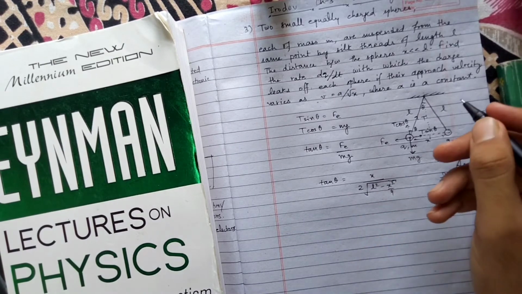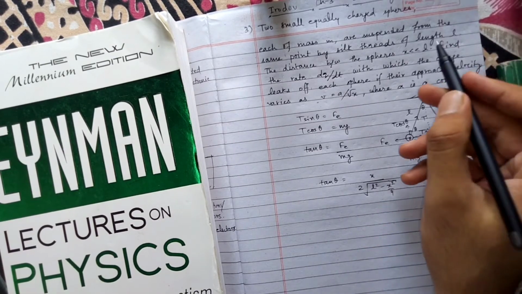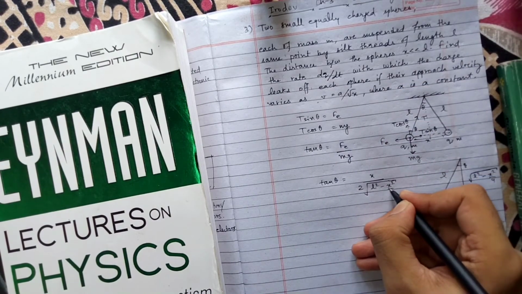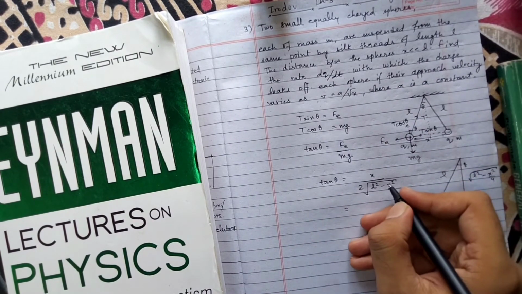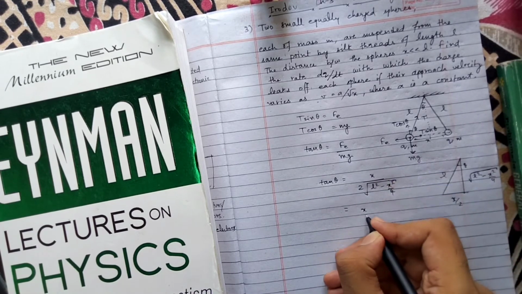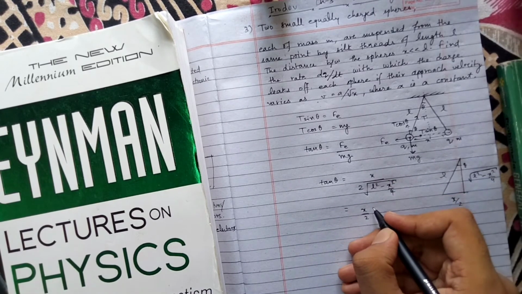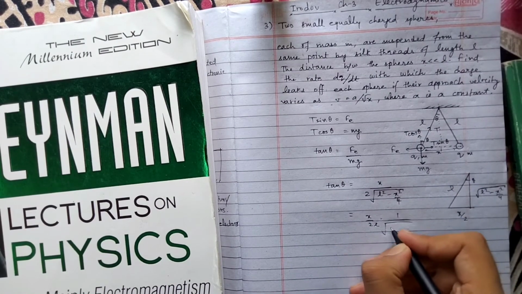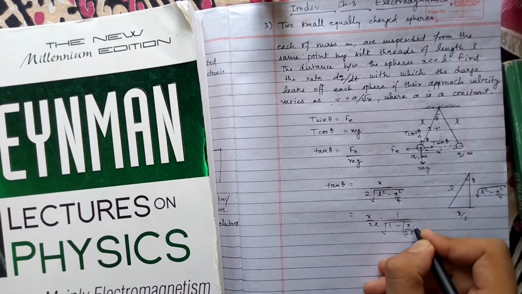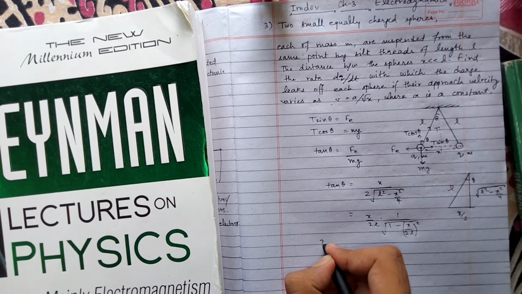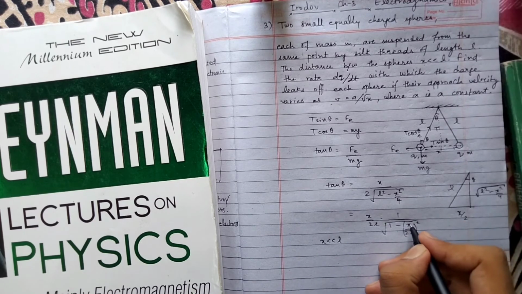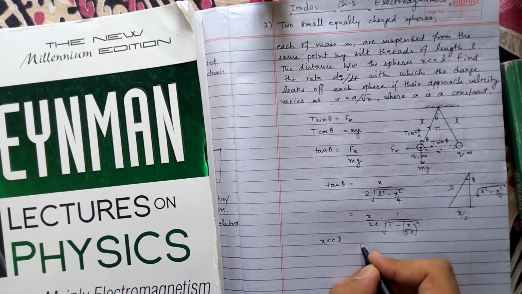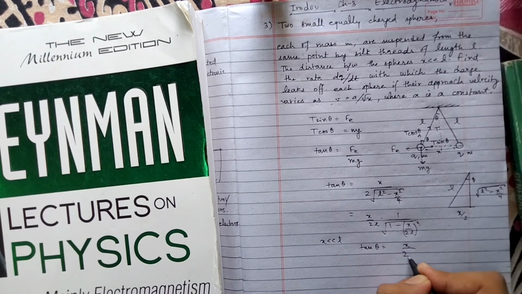This is the point where the approximation comes in use. The approximation x much less than L. IIT has many problems like this, and we will get a good hand at binomial expansions. We take this L out, and we are left with 1 minus x by 2L whole squared. Now it is given that x is much less than L. So this x by L whole squared is even smaller than 1. So we are only left with tan theta equal to x by 2L.